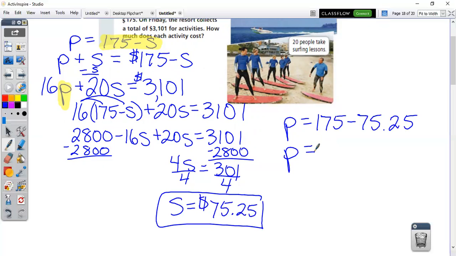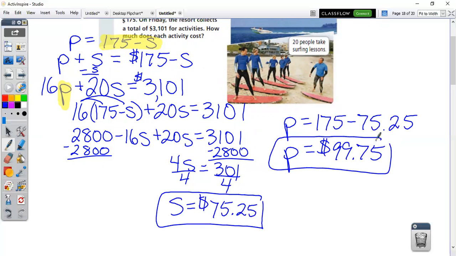So we can go parasailing for the rock bottom price of $99.75. So parasailing costs $99.75. Surfing costs, well, I mean,